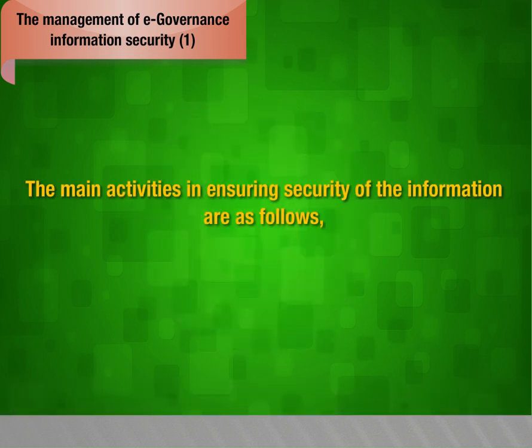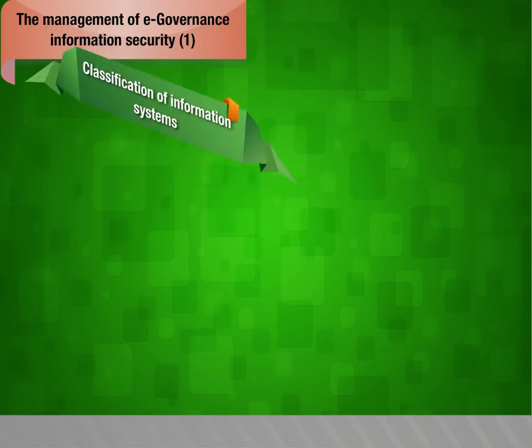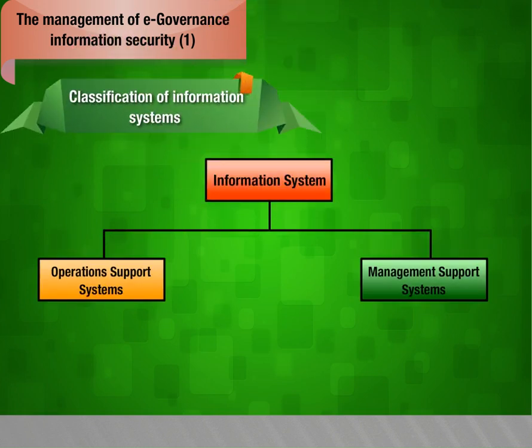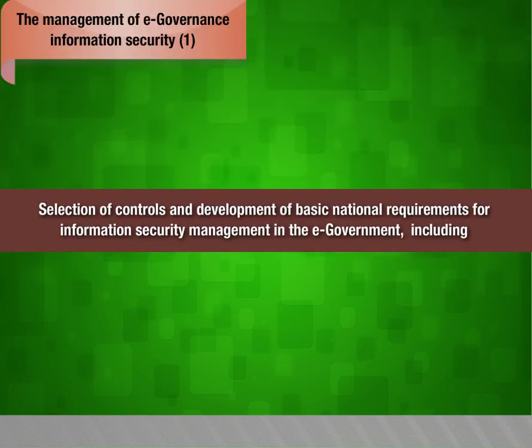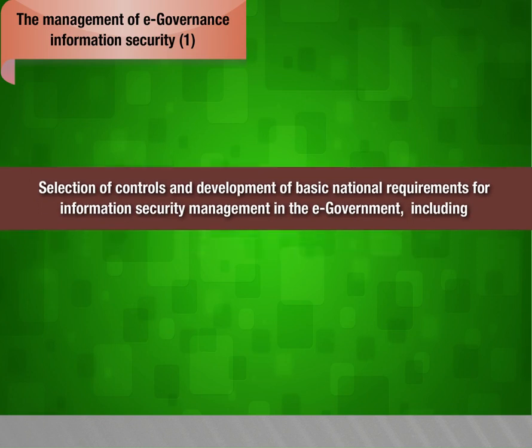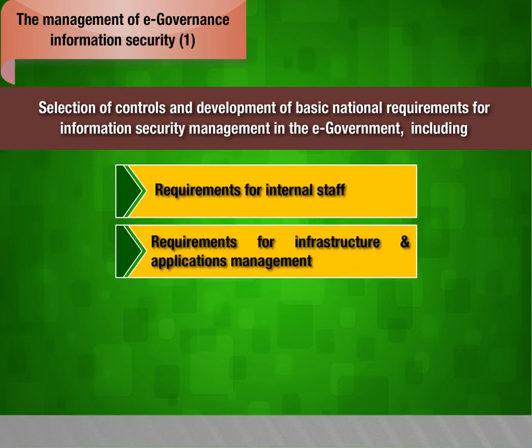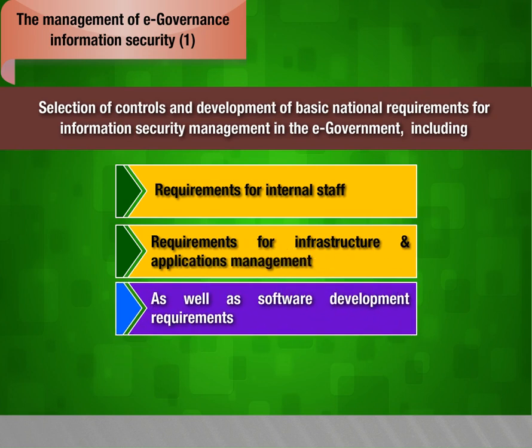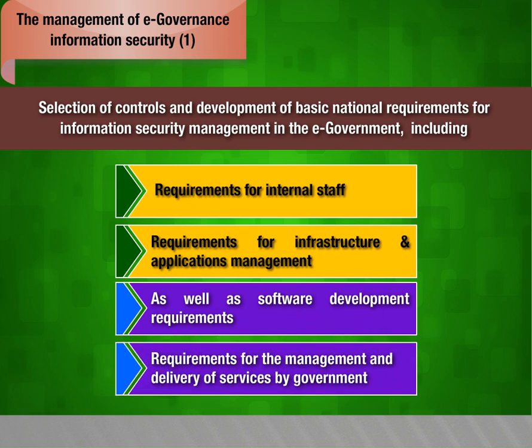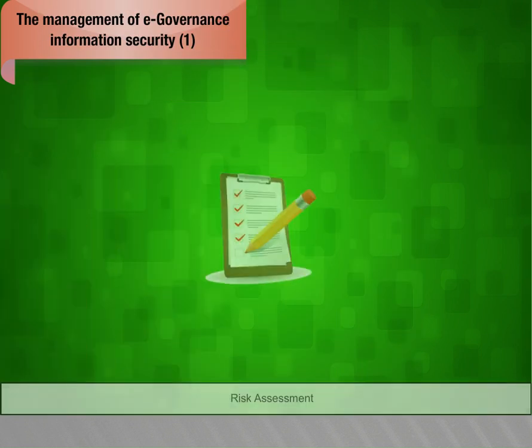The main activities in ensuring security of the information are as follows: classification of information systems, selection of controls and development of basic national requirements for information security management in the e-government, including requirements for internal staff, requirements for infrastructure and applications management, as well as software development requirements, requirements for the management and delivery of services by government, risk assessment,